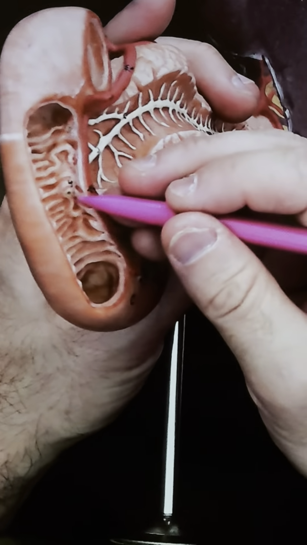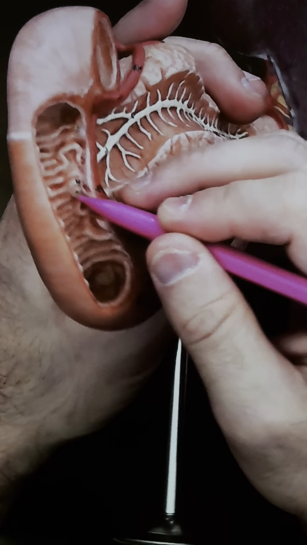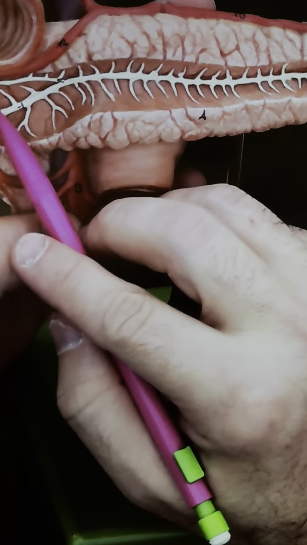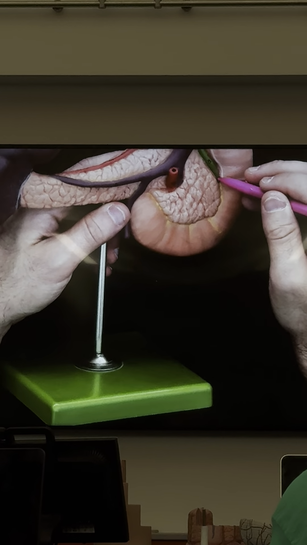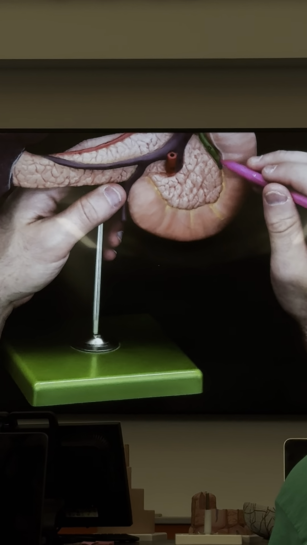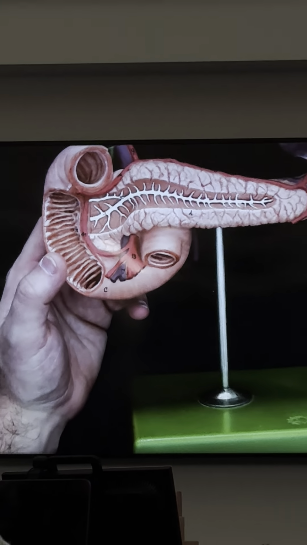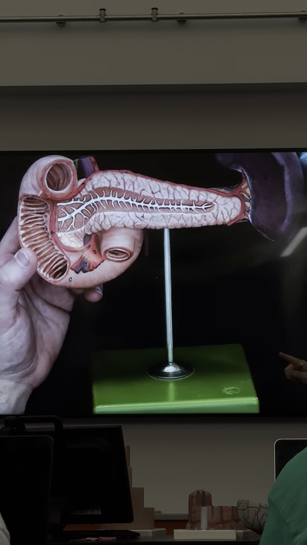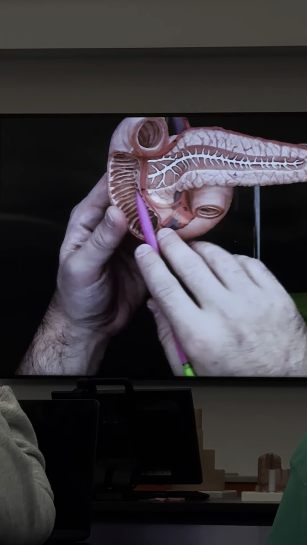Okay. Then this one is the major duodenal papilla. And what happens is your pancreatic duct, bringing pancreatic juice, combines with the common bile duct that's coming from the liver and or gallbladder, either or both. The common bile duct fuses with the pancreatic duct to form the hepatopancreatic ampulla, not shown, we can make it out on the Namarch table if I get the right angles. Okay? And then the ampulla exits to the major duodenal papilla.